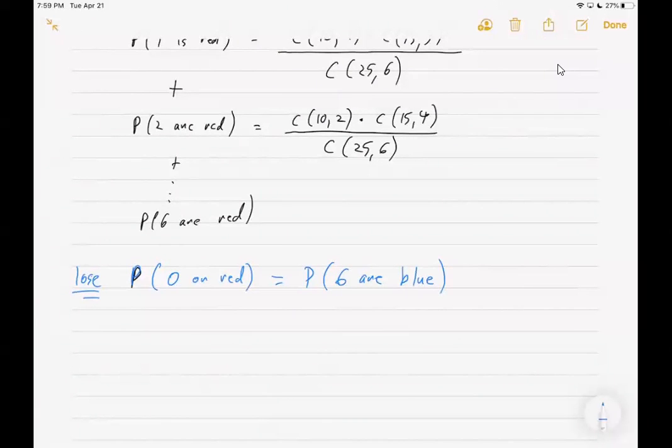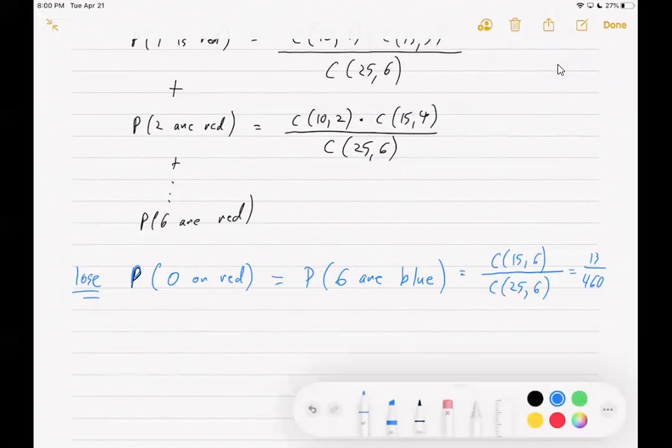So the book quickly realizes, okay, if we want to find this, we have 15 blues that we can choose from, and we need to get 6 of them. So that would be the numerator. And for the denominator, we would need to take all 25 balls and pick 6 of those, because that would be the total number of ways we could select the balls. And they end up with the probability of getting all blues being 13 out of 460. So if I wanted to find the probability of getting 1 or more red,